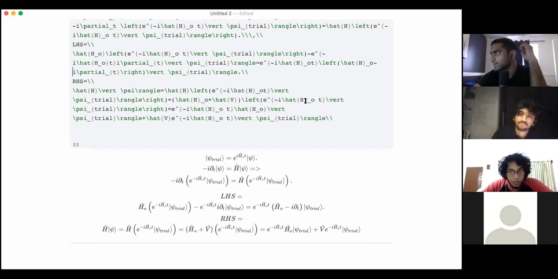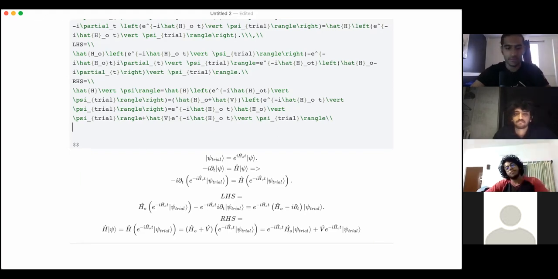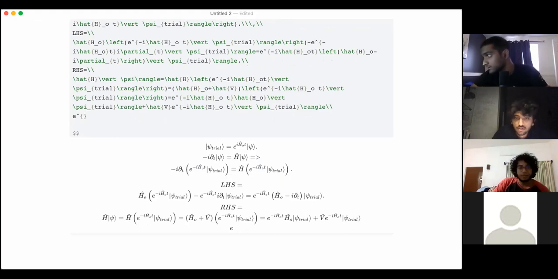Now this H naught and this H naught cancel, and we're left with something we can simplify. Minus I